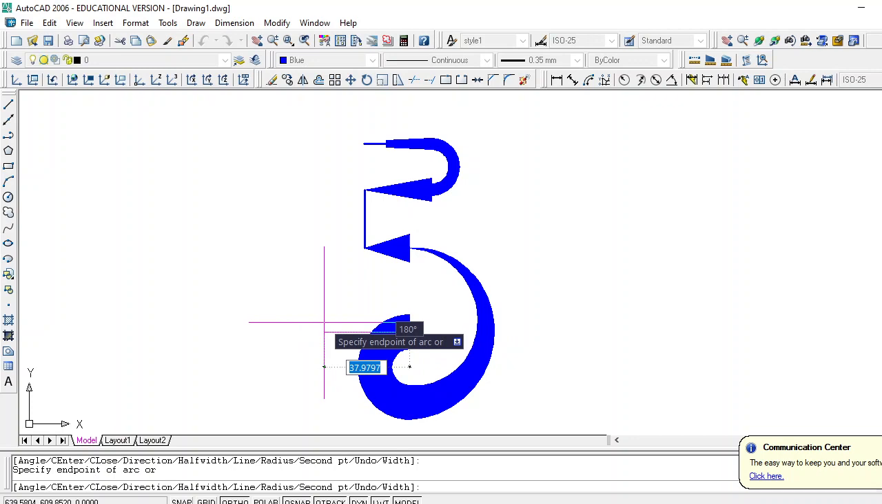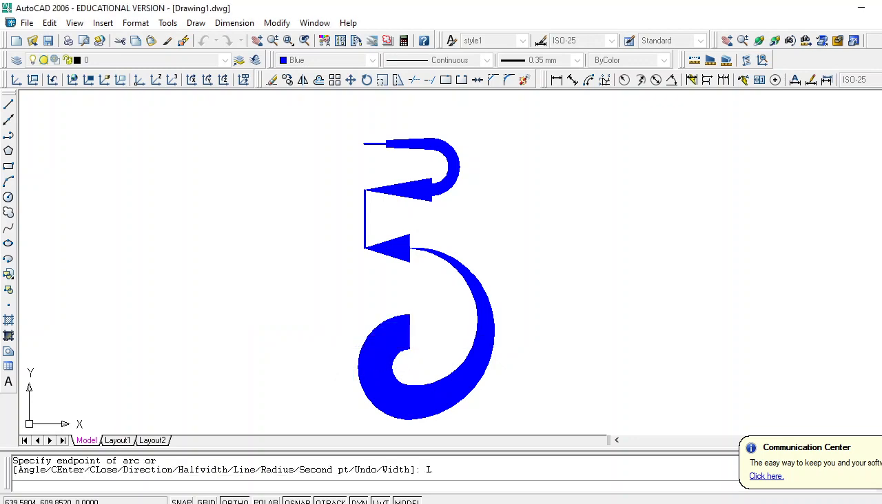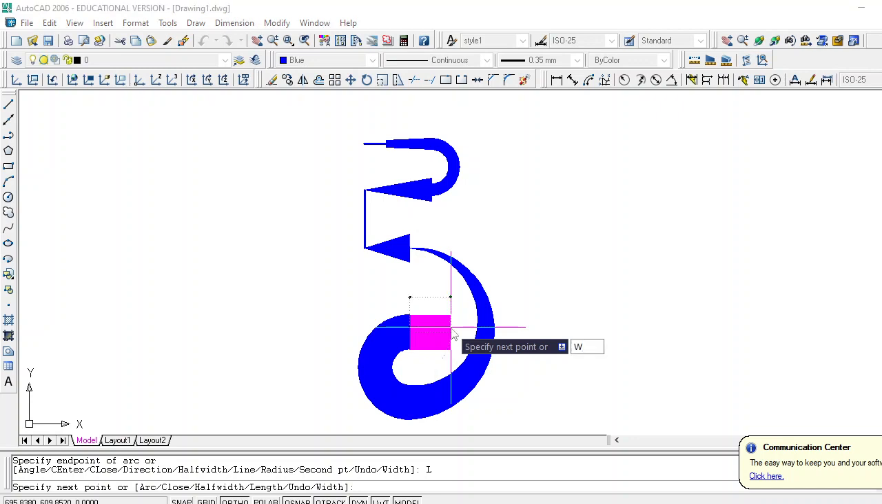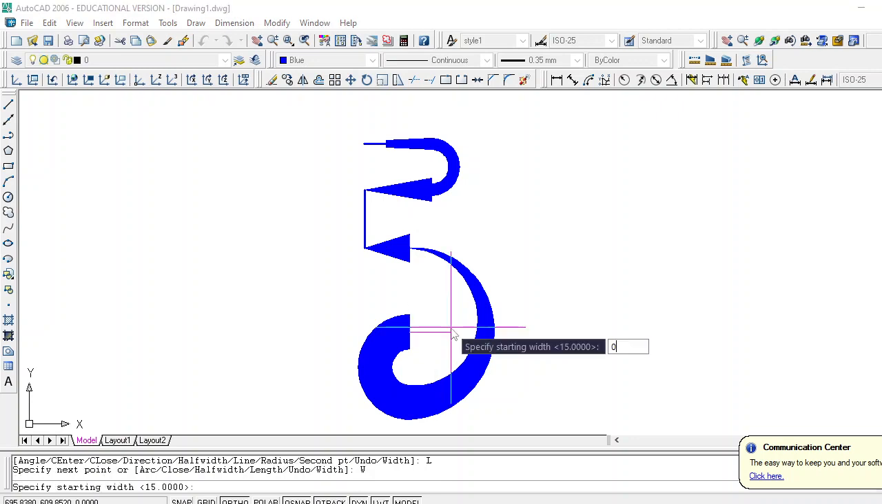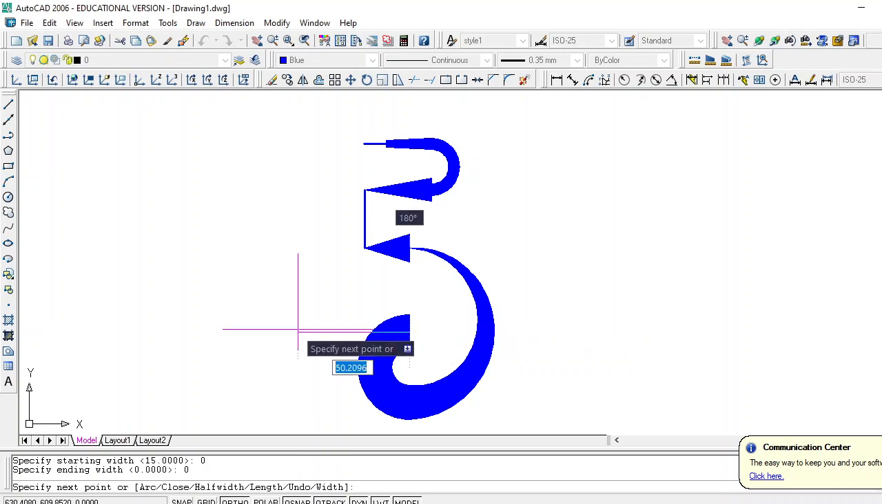Go to L. Go back to L. Enter. Then width will be 0. Ending will also be 0. Then